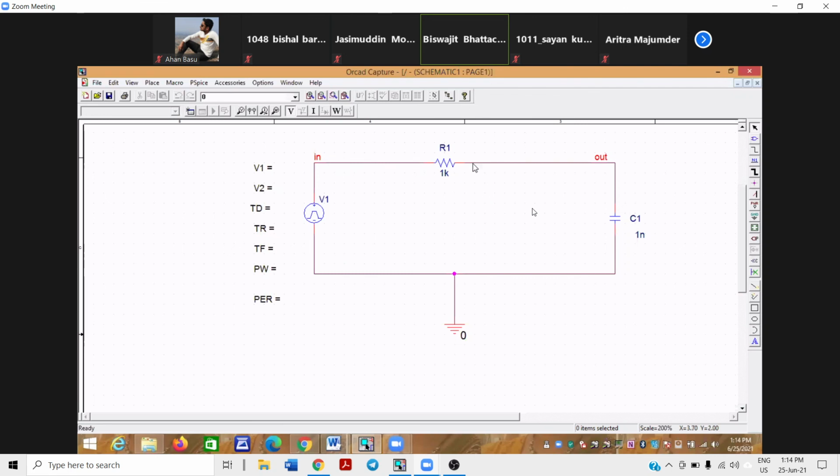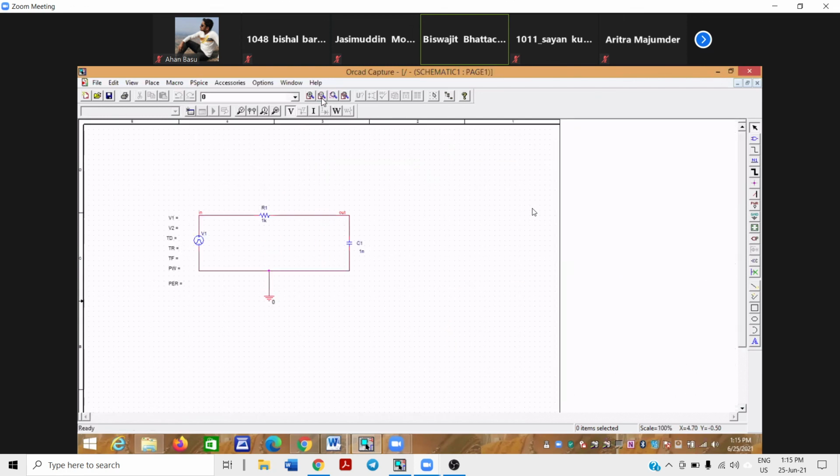Some wire must be there. That wire must extend a little bit, to a small extent. But the wire need not touch the other wire. The wire may be floating, no problem. But if the name of the wire here and the name of the wire there remain the same, it is something like ferrule marking in the connection. They will be automatically connected internally. So you need not connect it practically.